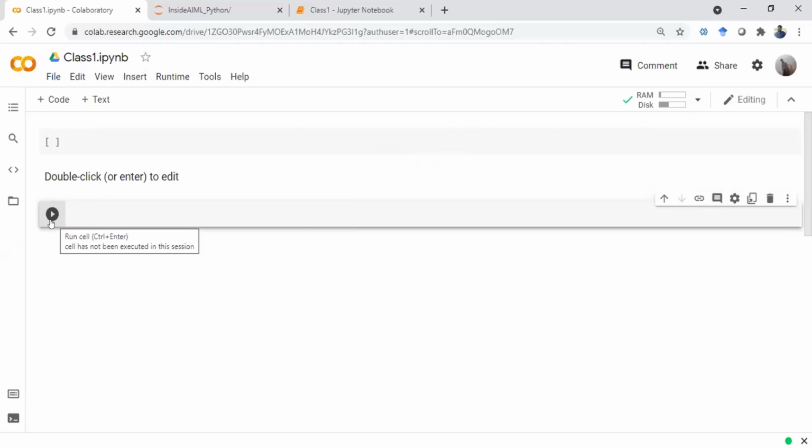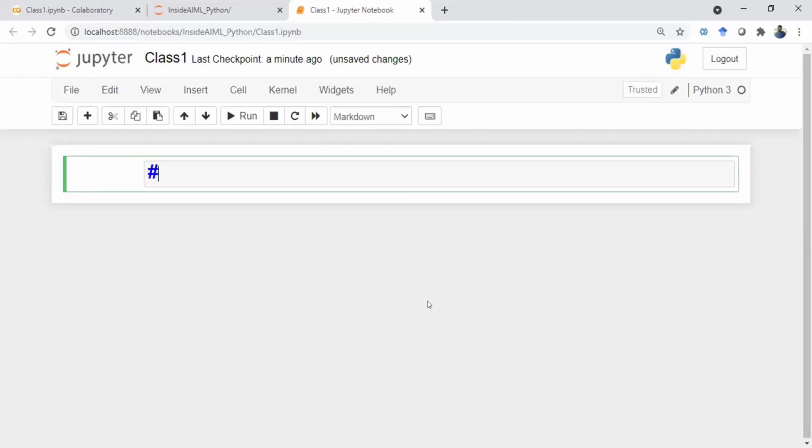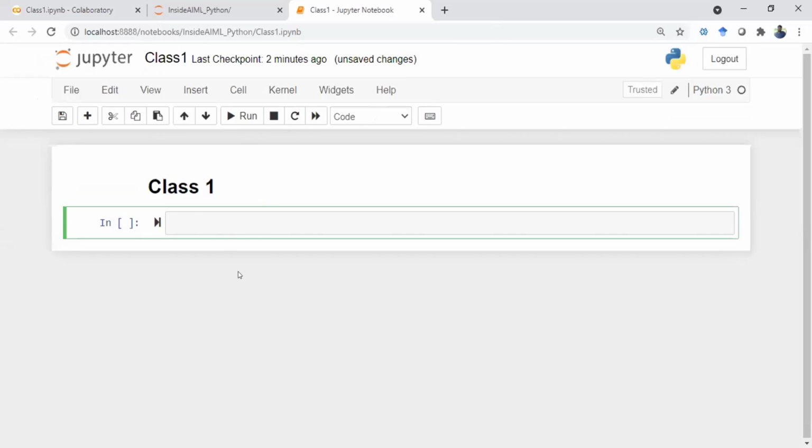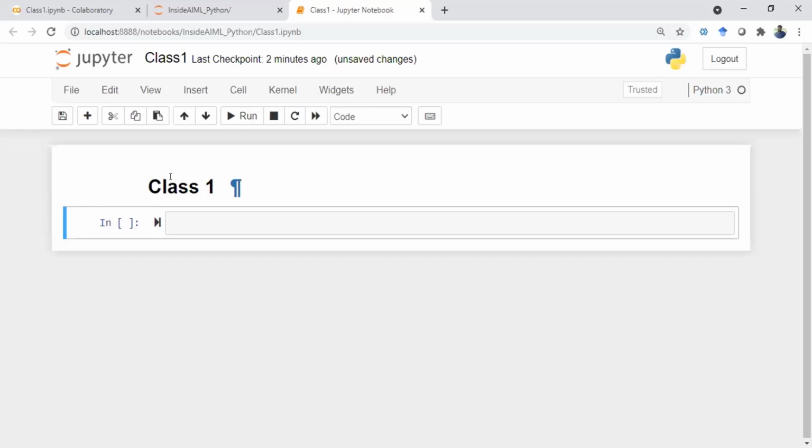So here the run option is directly appearing on the left side. This button here, right? So this is also a cell. This is also a cell. Now, okay. First, I will just explain with Jupyter Notebook alone. So if you set it as Markdown, what you can do is use the hash symbol to define the headings. Okay. So one hash will have a very big font. For example, I'm saying Class 1. And then you just press Run. Okay. So just see, it is only a heading. Nothing else happened here. I just typed Class 1 and then pressed Run. So this is appearing as a heading for this entire notebook.